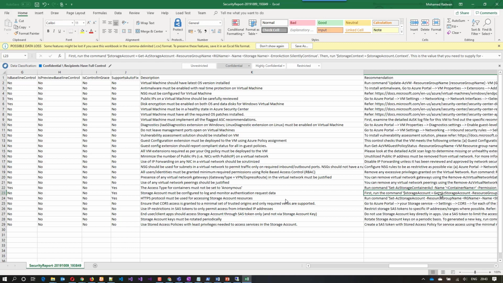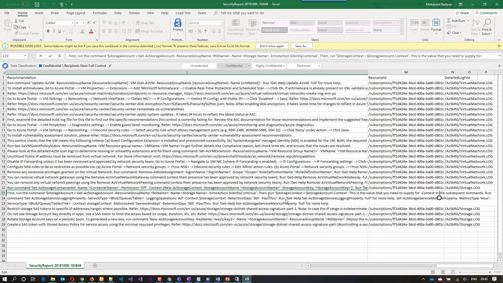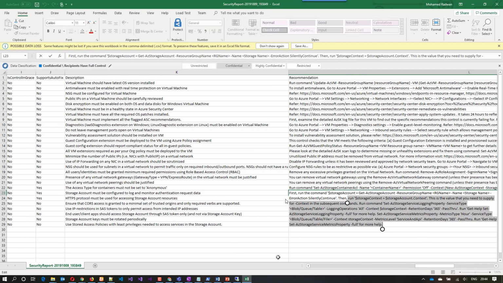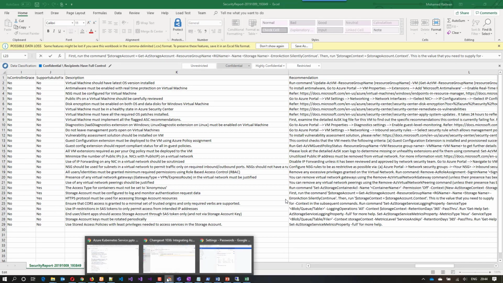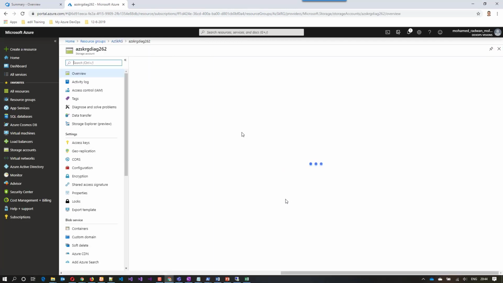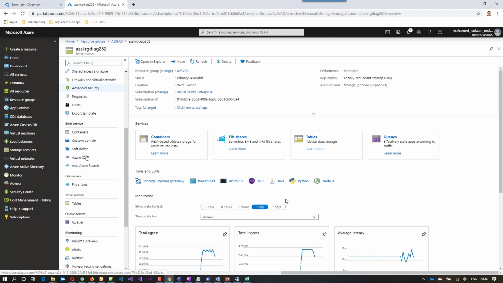The recommendation includes instructions and a command, so I can use that to fix the problem. Let's see the setting that is not enabled. If I go to the storage account and navigate to diagnostics,